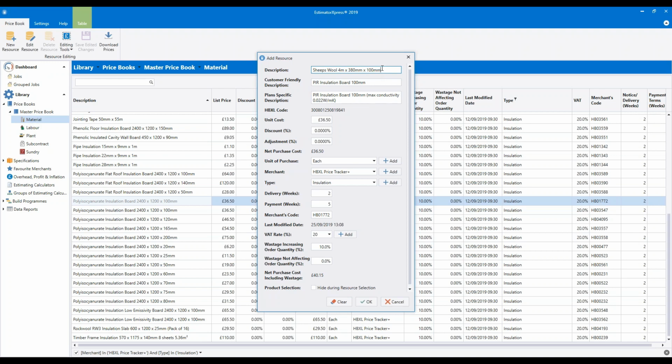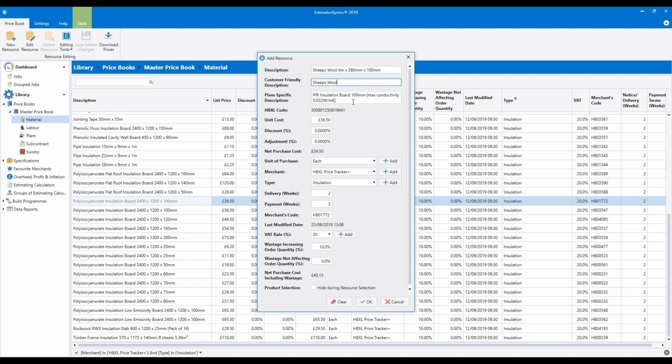Then we have the customer friendly description. So I'm just going to copy the sheep's wool bit. I'm using my cursor to highlight sheep's wool, and I'm going to use Control and C to copy, and then Control and V keys on my keyboard to copy that into the next cell. Or you can type it out again, whichever works best for you. The customer friendly description is an option on the customer quote. So if you want to remove some of the technical elements of the material names, you can use customer friendly descriptions. It makes it a bit less jargony in your quote. So what we're doing is we're setting up a slightly simpler name for the quote.